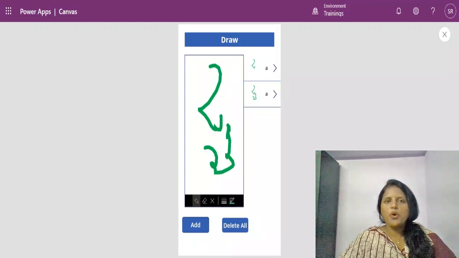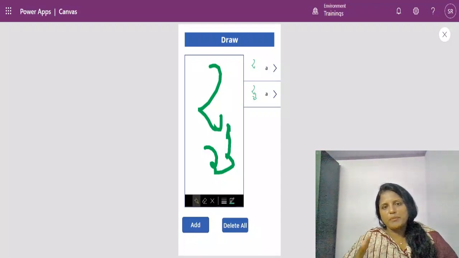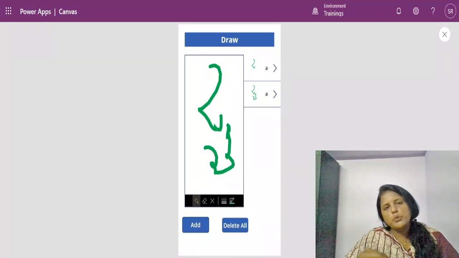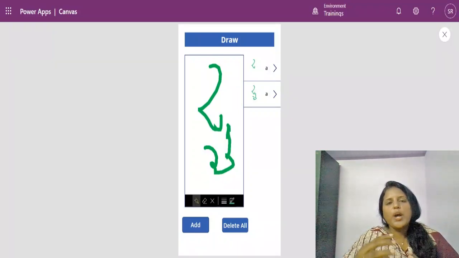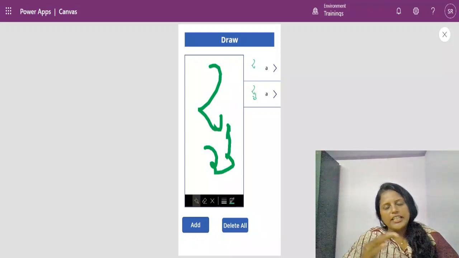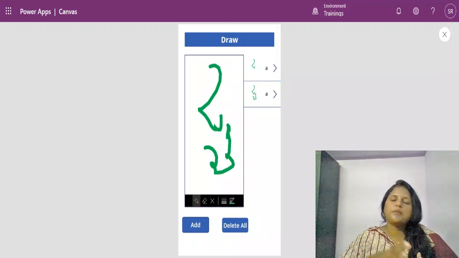Now, what we have learned from this app is how to add images into a collection, how to create your own collection in Power Apps, adding the pictures to the collection, deleting some pictures, and adding a deletion button to remove pictures and delete all the pictures from the collection. I hope this is very useful for everyone. Next time I'll come up with a very beautiful